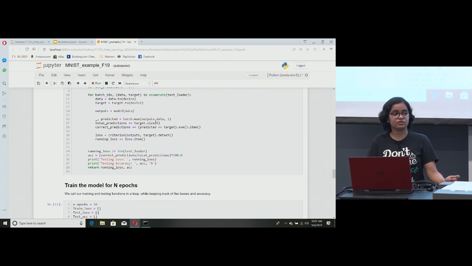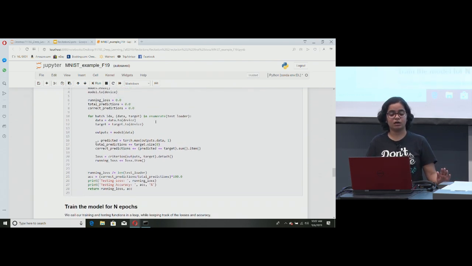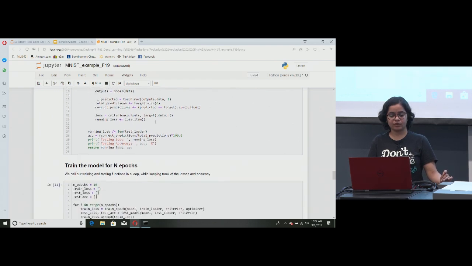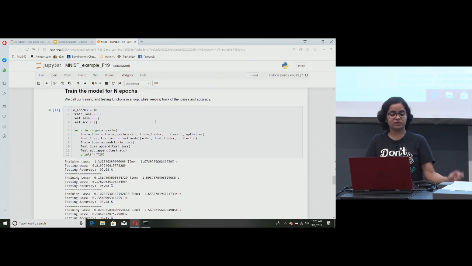Simple, mostly like the training loop, nothing new, except for keeping in mind that we set our model to eval mode. Any questions about this? Okay. And now we are going to call these functions for a particular number of epochs to train our model and then validate. So here we've set the number of epochs to 10, and you see I call the training function that we defined at line 7, and I call the testing function. This is kind of like validating. You want to validate after each epoch to see whether